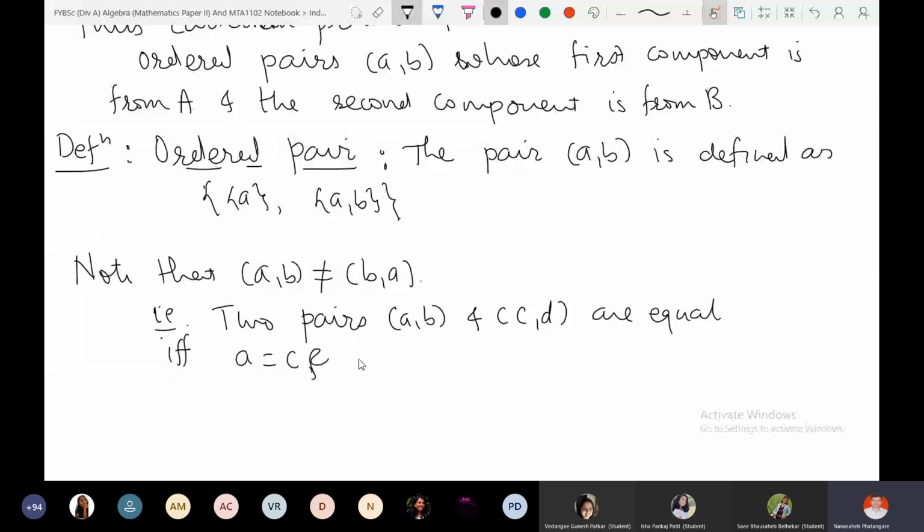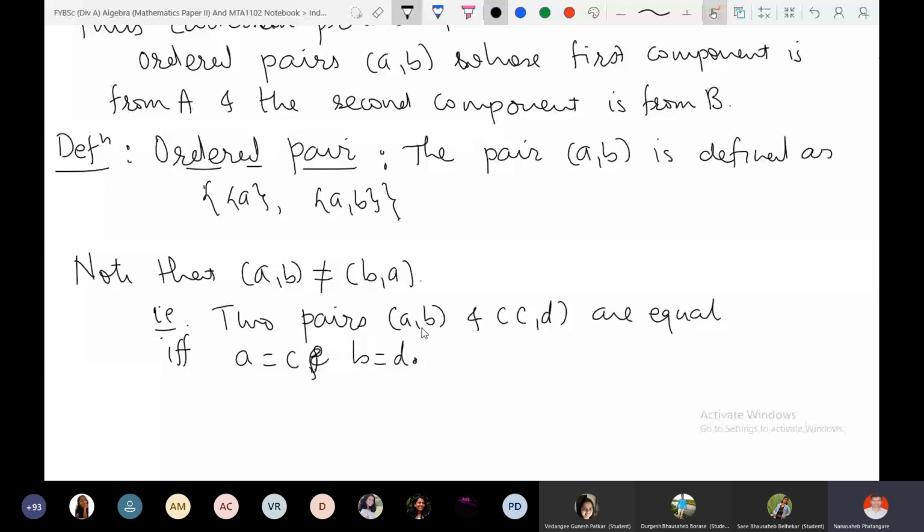So two pairs are equal. Sir, in the above, why should we not take B in ordered pair? Why not take B, which in the definition of ordered pair, we take only A. Let me explain, wait. I will explain this also. Anyway, so when two pairs are equal,